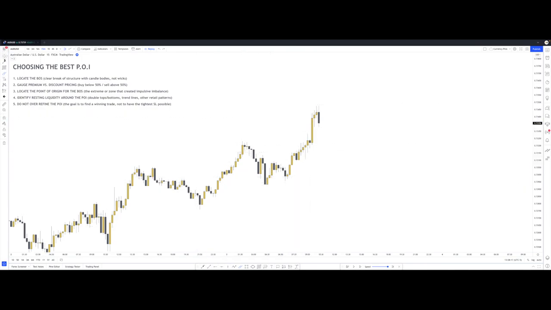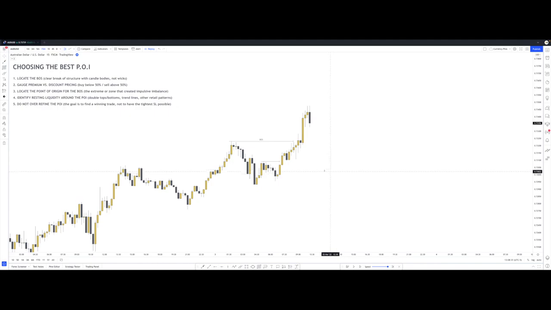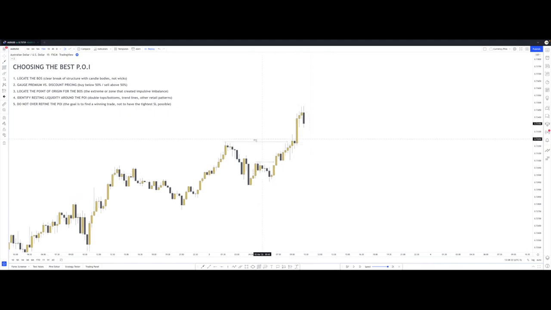So step number one, of course, locate the break of structure. So let's map that out. First of all, we have a minor break of structure here. It's important to note, but the actual break of structure is right here. So let me just map that onto the chart. All right, so the next step here, before we go any further with the breaks of structure, the next step